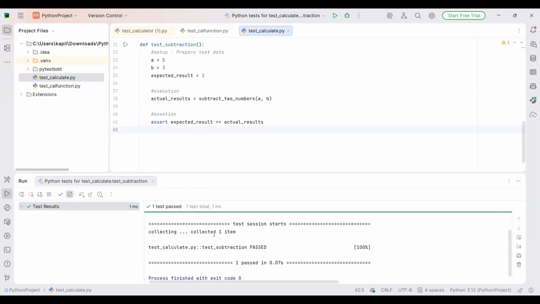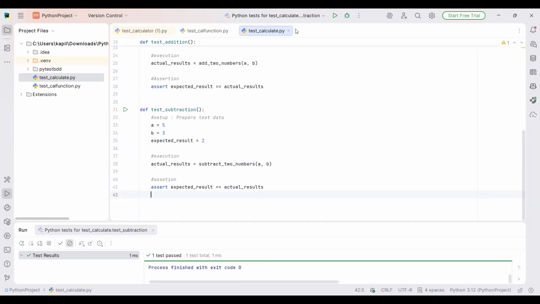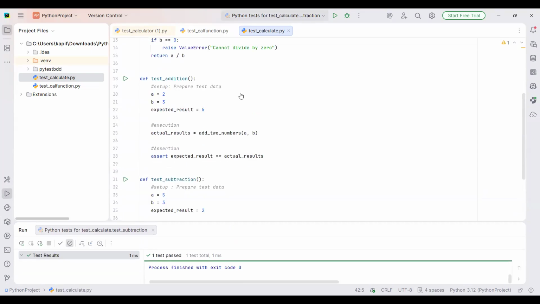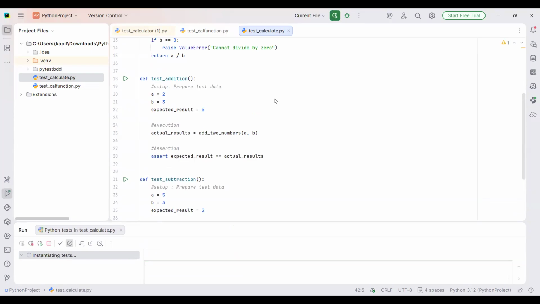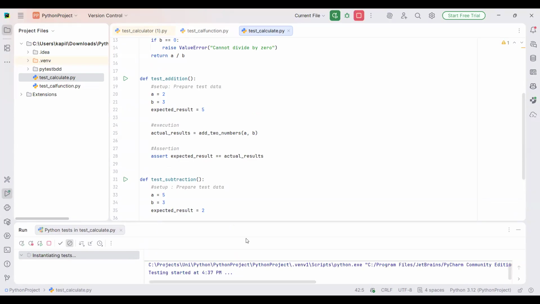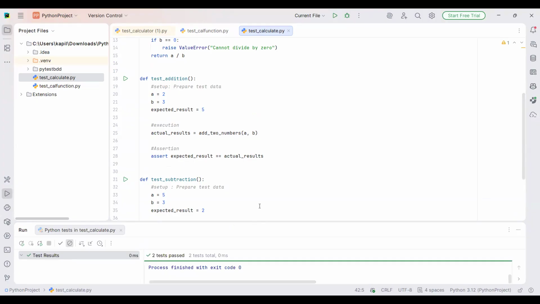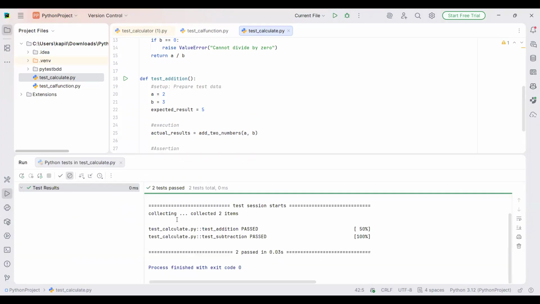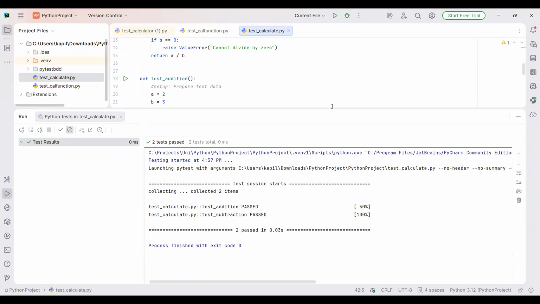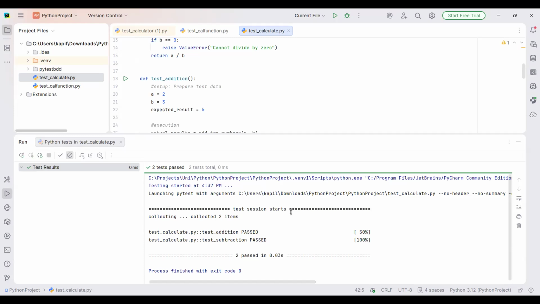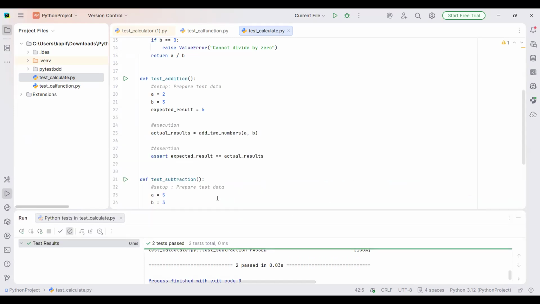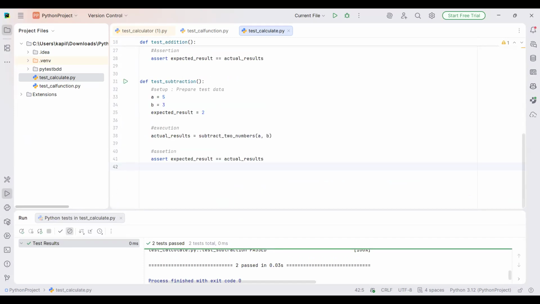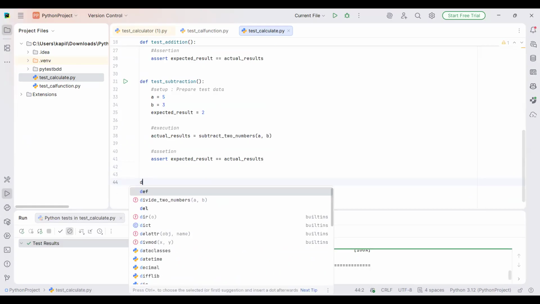That's 100%. But if I run both, I can select here current file and run it here. I can see both test results we are getting. Similarly, I will write another test case. This is subtraction. I will write for the